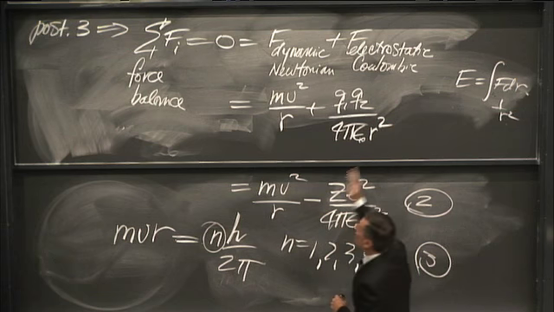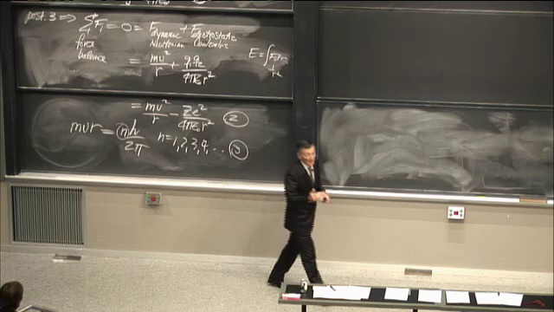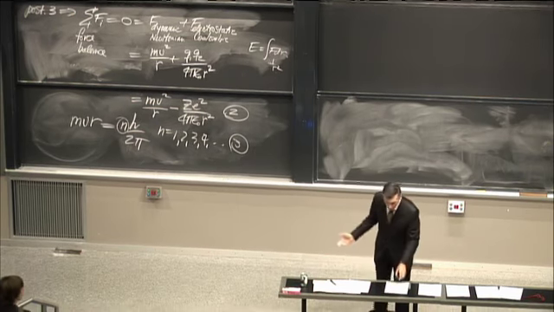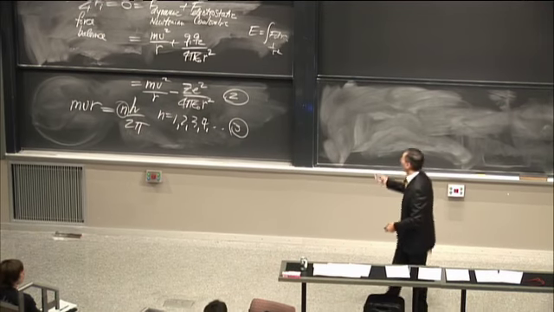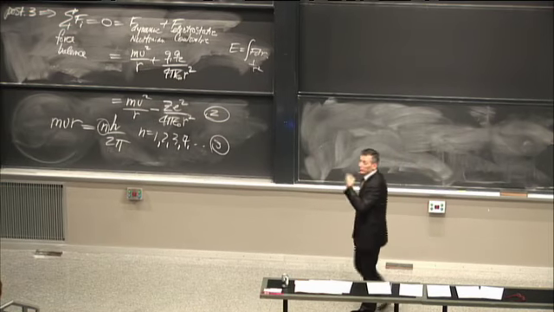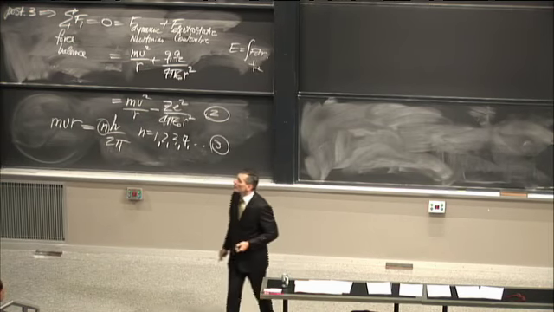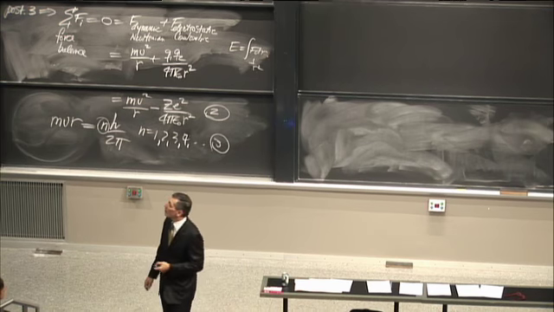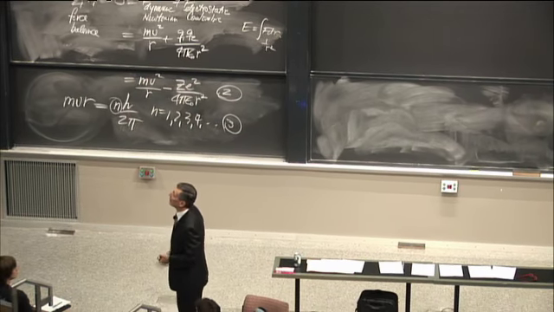And now I have 3 equations and 3 unknowns, and what I'm going to do next day is come back and show you the solution of the equations and how they give us a set of equations that allow us to compare with data. So let's jump to the thing. By the way, the Planck constant is there.